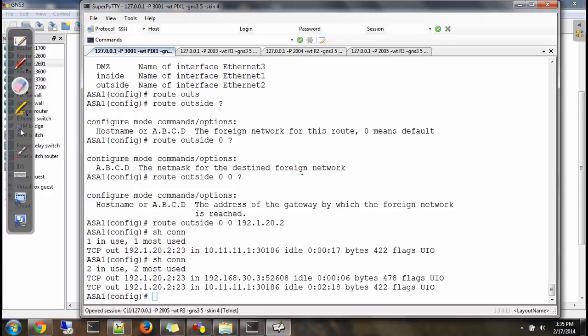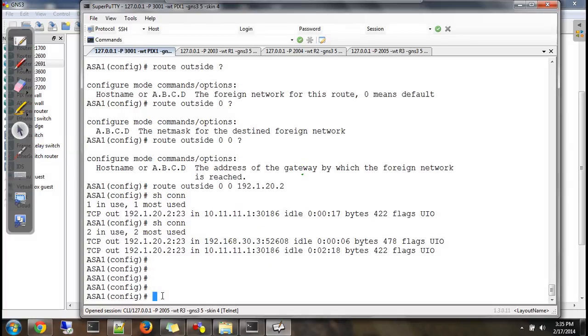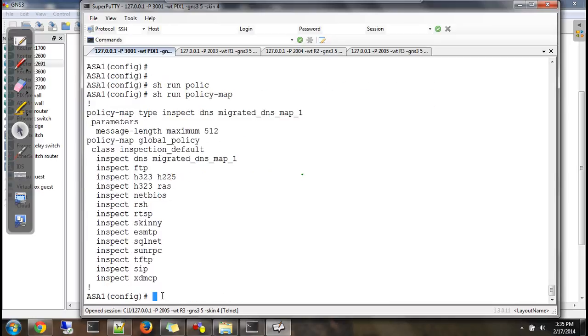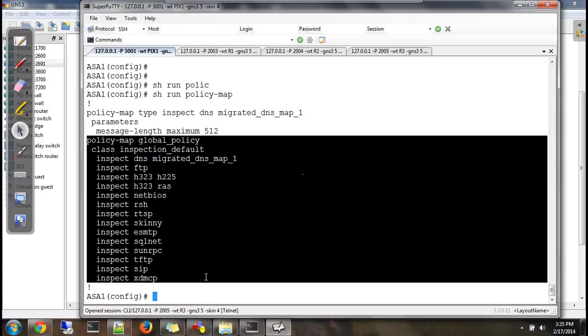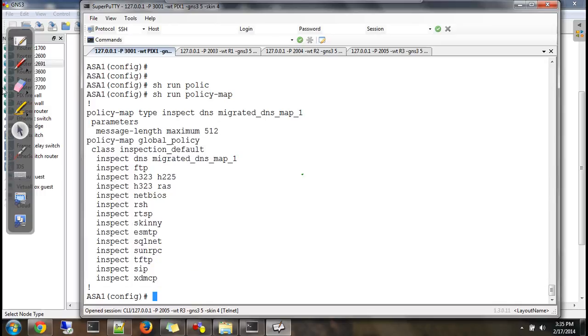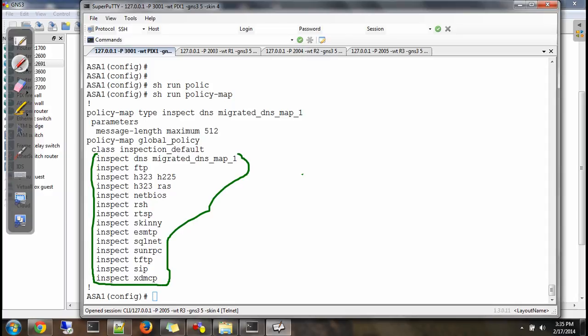Apart from this, how do you check this inspection? Say show running policy map. These are your inspections. These inspections, what you see here, all work by default, and all these inspections are called your default inspections.